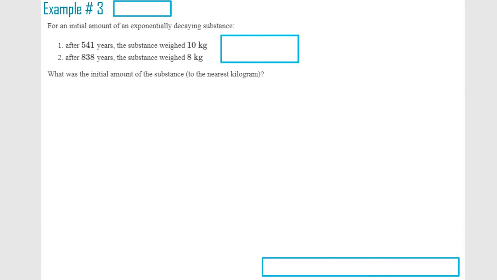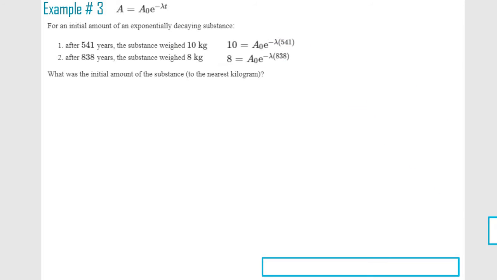All right, so example 3. So now instead of giving it a graph, we're given basically 2 points, right? We know after a certain number of years, it weighs a certain amount. So using our formula, all right, we can plug each of these in and make 2 equations. So now we've got our 2 equations, and